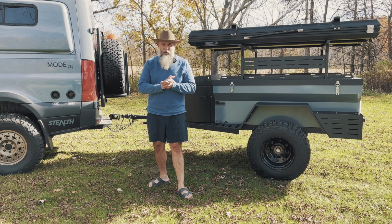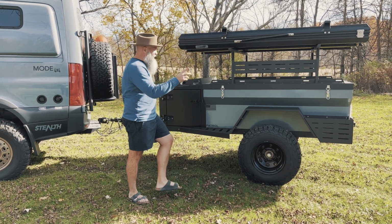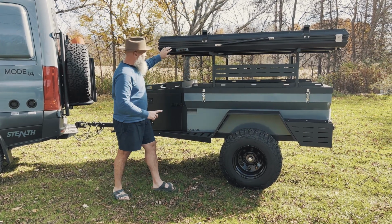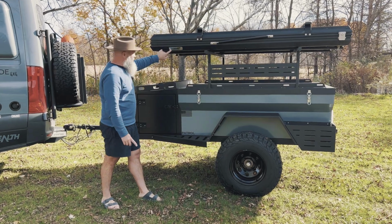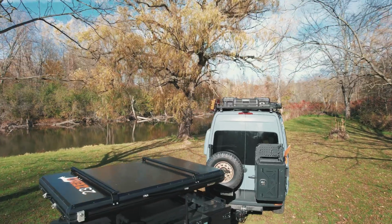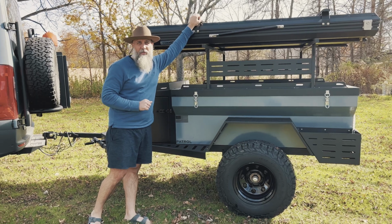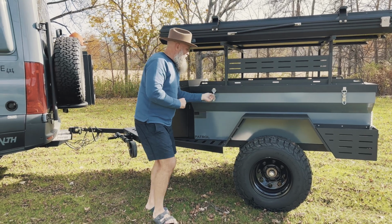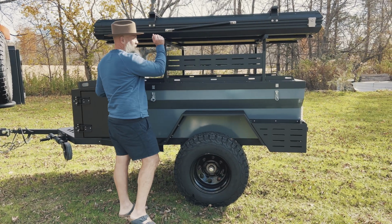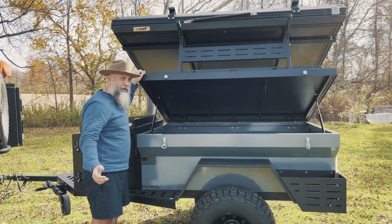This thing is truly Overland designed, and I'm going to show you all the parts and pieces of that. The first thing is it has the ability to put up a rooftop tent on the top here. We went with what we thought was the best brand on the market, which is a 23-0. These are amazing. We'll show you how this pops up and everything as well. Solid top, and it has the rack on the top so we can put our lightweight canoe on there as well. This also all opens here, and they have hydraulics that are designed for the whole load here, as you can see. So if you want to come and take a look in here,